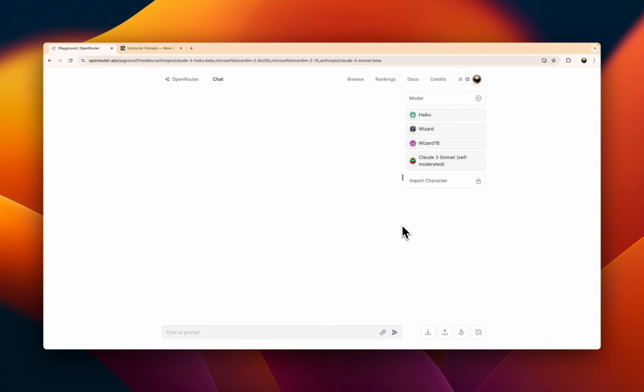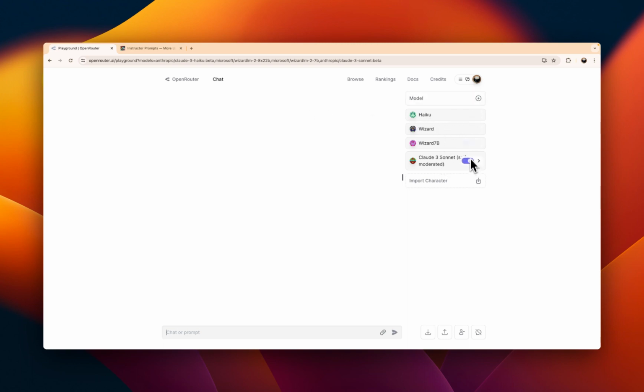Today we're going to talk about how to test different models against the same prompt to compare and contrast their performance. So for example, if you've got a project and you don't know if it needs a really big, powerful model that might be really expensive or be slow or have context size limits, or if you can utilize what might be a smaller or less powerful model that might be orders of magnitude cheaper, this is one way to go about doing that. So we're going to start off in the OpenRouter chat interface, and I've loaded up 4